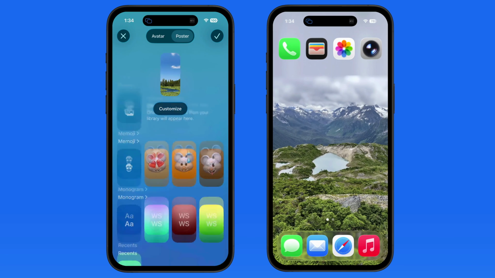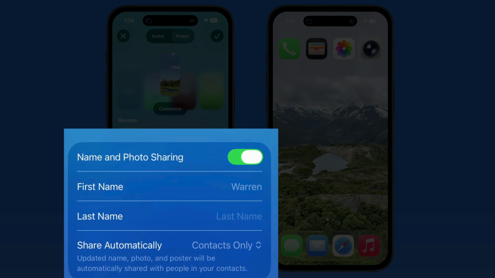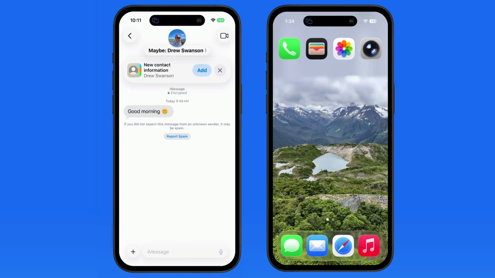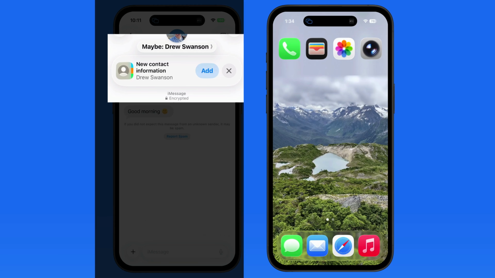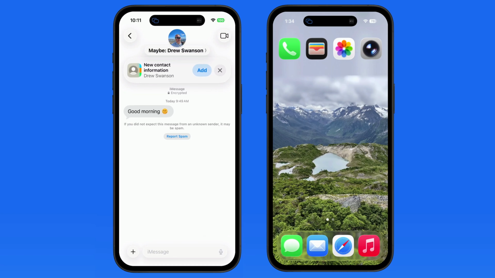Scroll down, and we can see that name and photo sharing is activated. When this is on, when we call or text someone that we already have saved as a contact, they will have the option of adding our contact information or updating the contact information of the sender. We saw an example of this in the import lesson when given the option to update Drew's contact info while